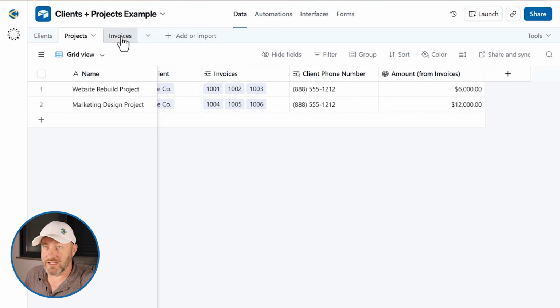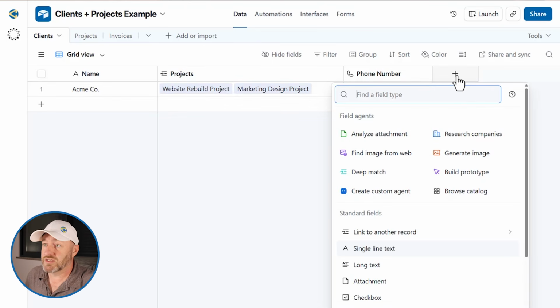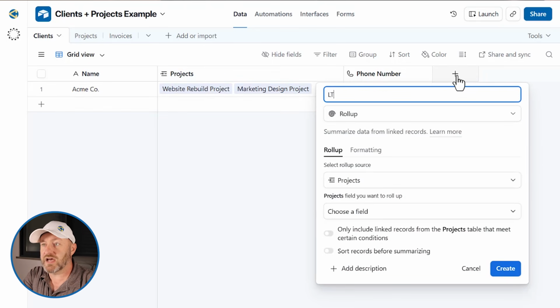This is no accident, because I've already brought information in from my invoice to the project level. But can I do it again? You bet I can. If I want to take this project information and know what the lifetime value of each client is, I can do it here. This client, Acme, has worked on or is working on 2 different projects with us. So let's bring that information in so that we know what is the total lifetime value, or LTV, of this